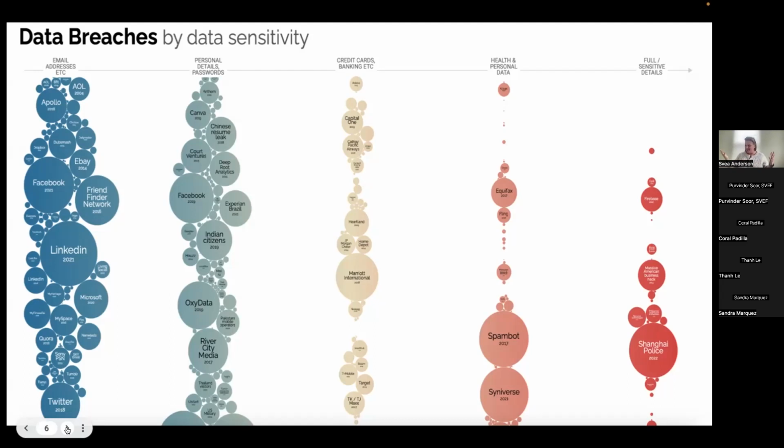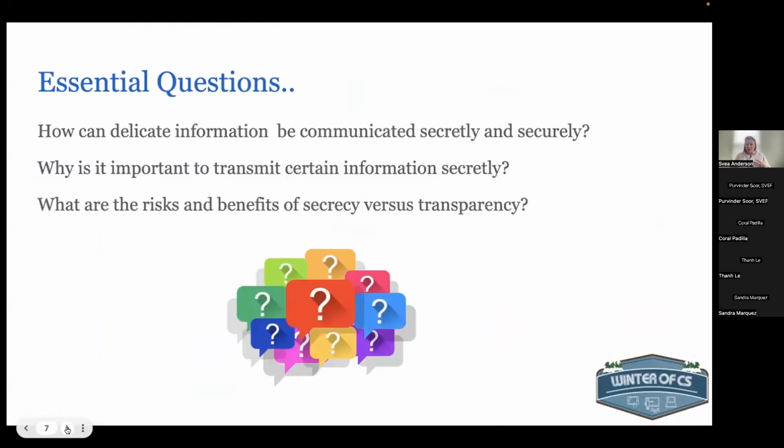So why am I bringing all this up? Because we can introduce cybersecurity through making sure that our students are safe online. I think pretty much everybody at this point is connected somehow, and so making sure that our information is safe and secure is really the first step. The second step is coming up with how we can make things secure. Today I'm going to walk you through this really fabulous lesson, and we have a couple of essential questions with it. I'll preface it with,